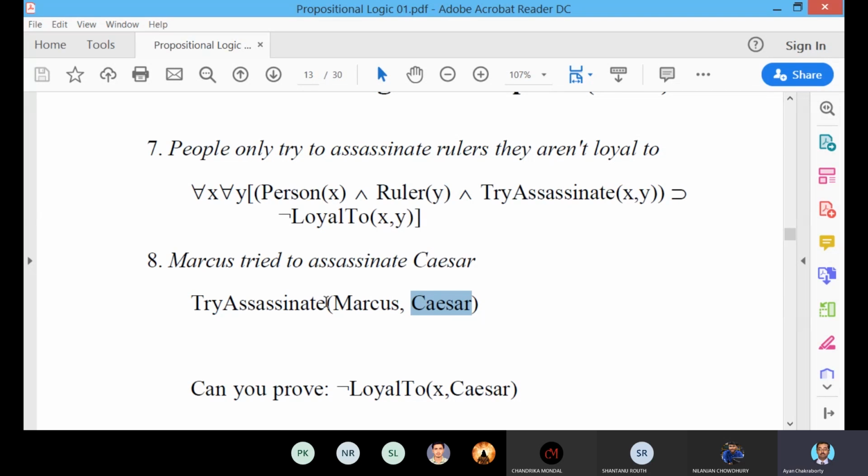For multiple object arguments, you have to always keep the sequence in mind, otherwise it will be totally wrong.